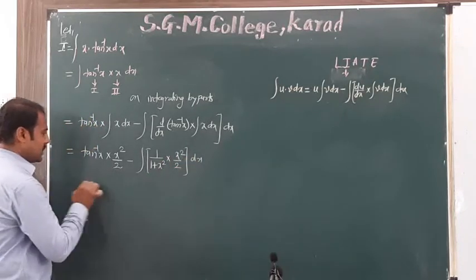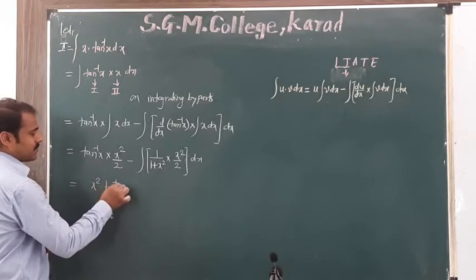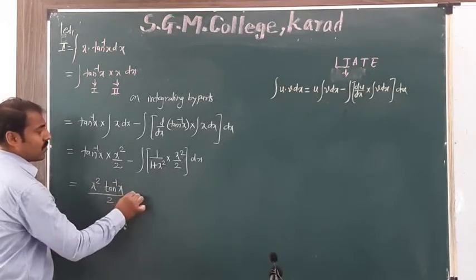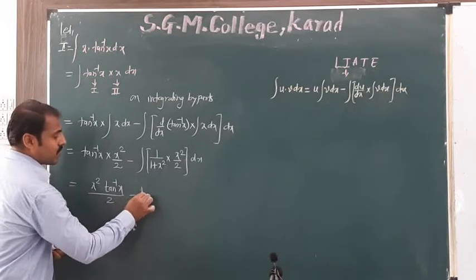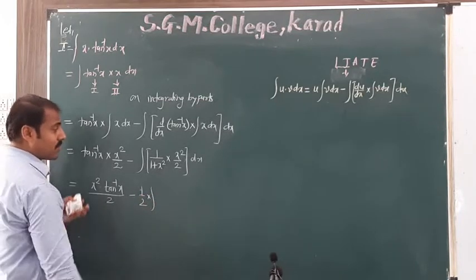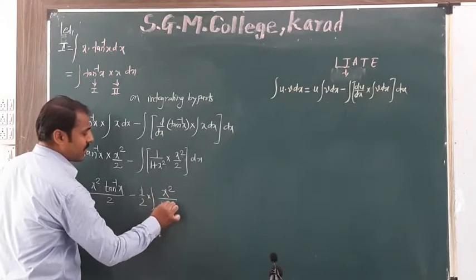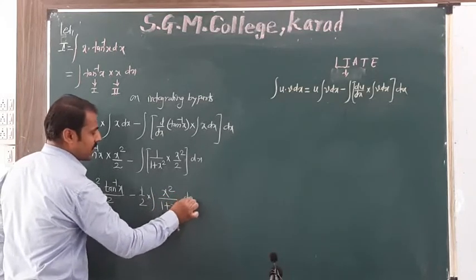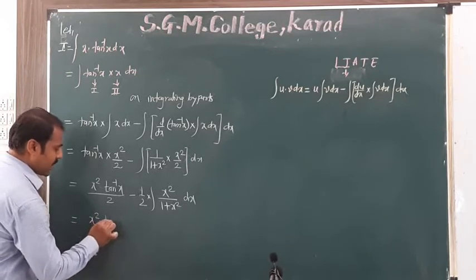Which is equal to x square into tan inverse x divided by 2 minus, here 2 is constant, take 1 upon 2 common from the integration sign. Inside the integration there is x square divided by 1 plus x square dx,